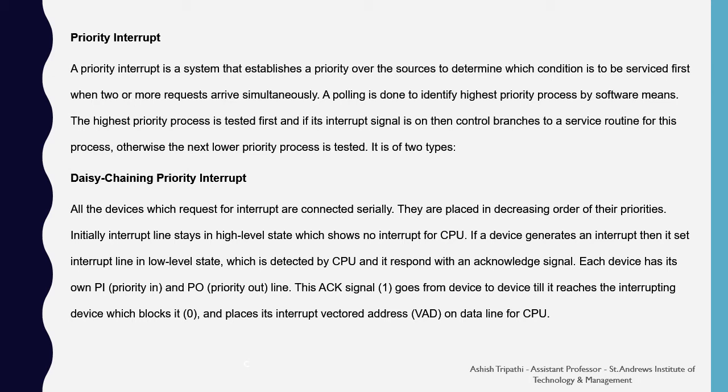Whenever there is an interrupt from the device, then this line value will go to 0, and as soon as the interrupt line has the logic 0, then the CPU is intimated that there is an interrupt. Now, what will the CPU do? The CPU will pass down the ACK signal device to device till the interrupted device has been reached, and when it has reached, then the CPU will handle that interrupt.